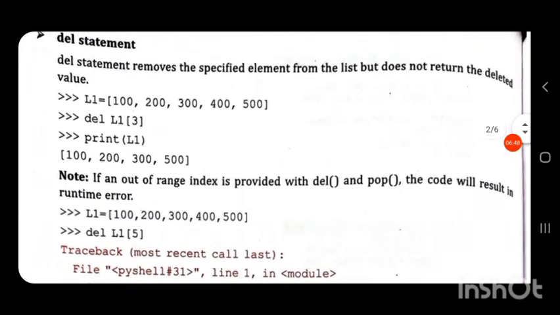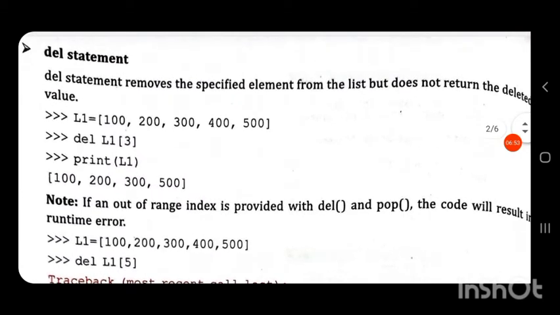Here we have a list L1 equal to 100, 200, 300, 400 and 500. The del statement can be written as del, name of the list, in square brackets the index. In square brackets we have given the index 3. Index is 0, 1, 2, 3, so at index position 3 the value is 400.